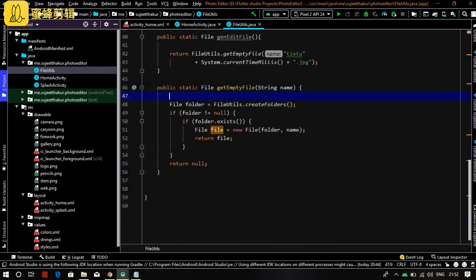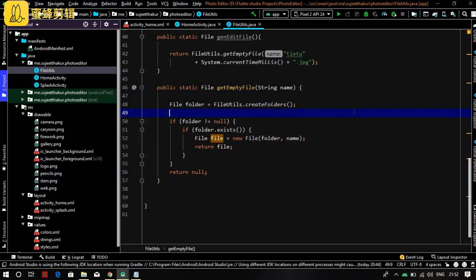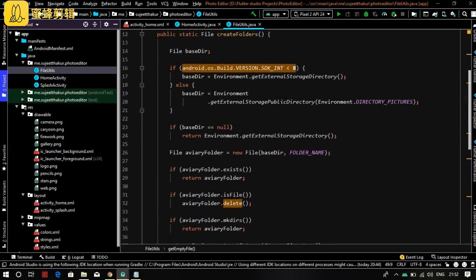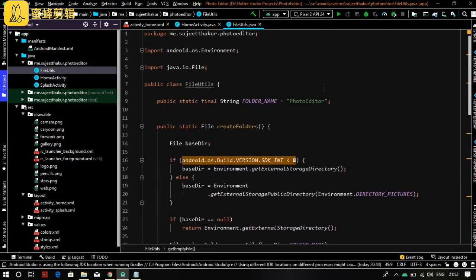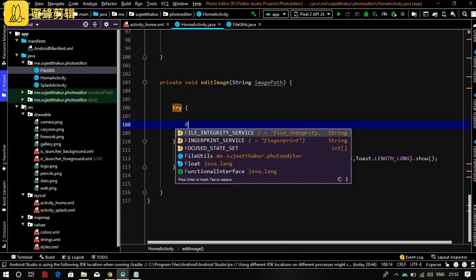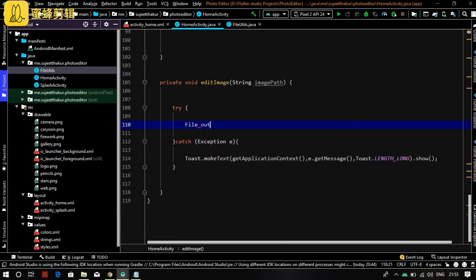I'm separating this so that you can see clearly. Also you can find this FileUtils in the resource section of this video on Udemy. You can check it if you don't want to write this long code.